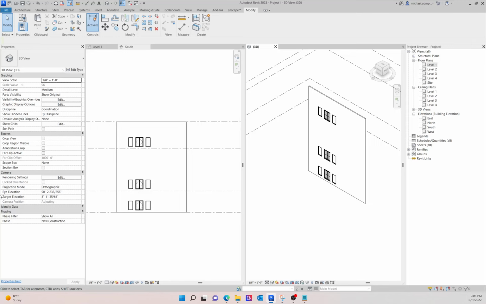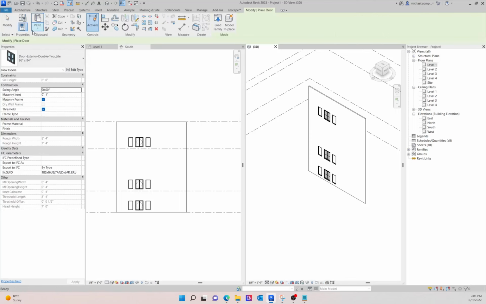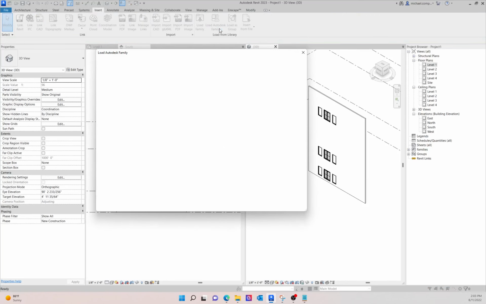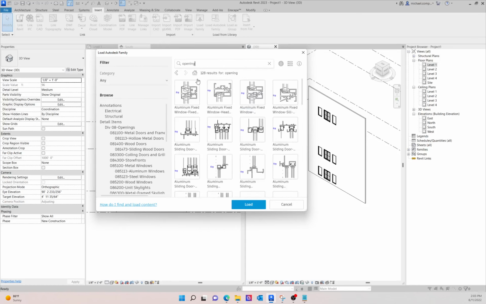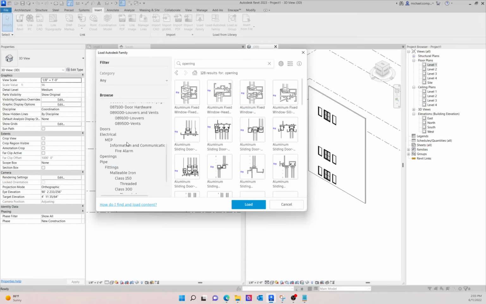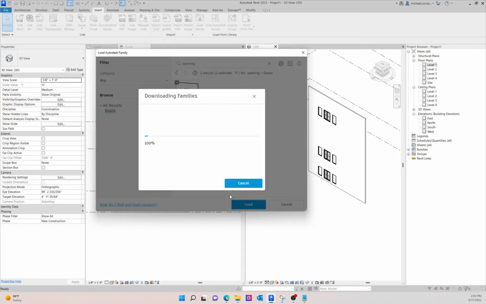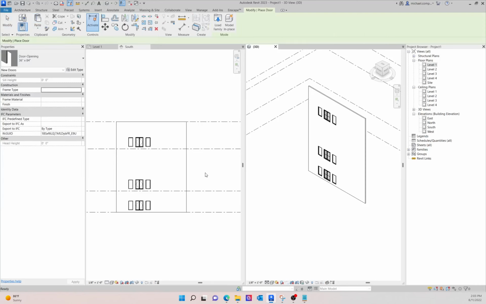Now, the other thing I promised to show you was the openings. And again, you can choose a parametric opening, which is like a door, right? So under the Insert tab, we're going to go to Load Autodesk Family and just look for opening. Notice it pops up under doors. There it is, door opening. It's not a framed door, it's just an opening, right? So we're going to choose door opening,